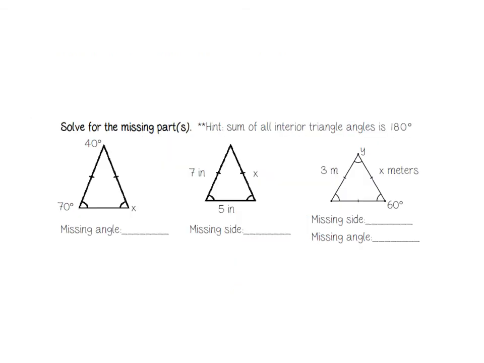In this section, we're going to solve for the missing part. In this first one, we have two of the three angles missing. And this hint is really important. If I add up all the interior angles, the sum is 180. So I can write this equation. I get 70 plus 40 plus x equals 180. The first thing I'm going to do is simplify like terms. 70 plus 40 is